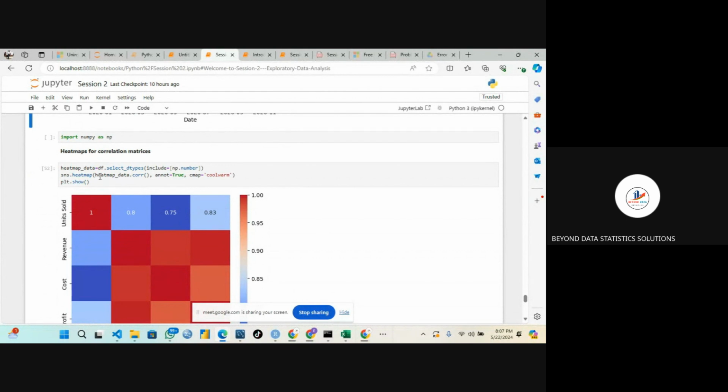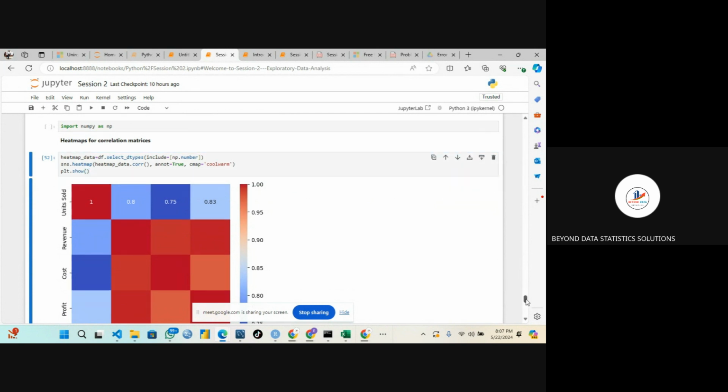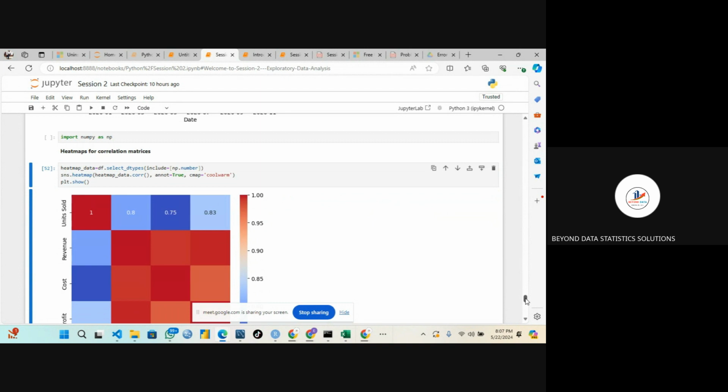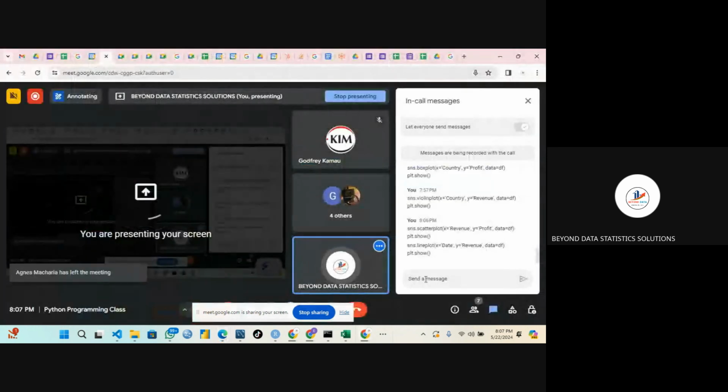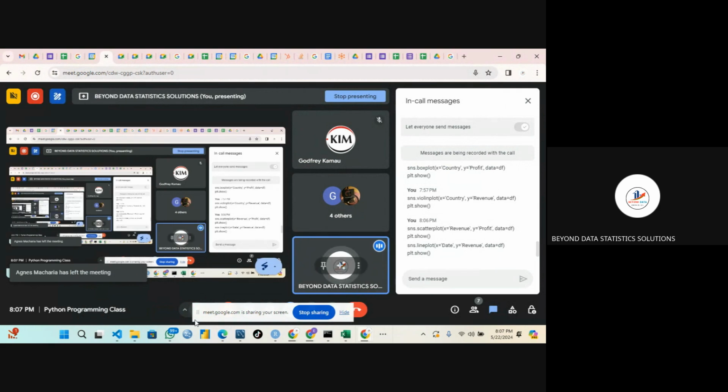So this is a heat map. We already looked at it. This is selecting columns that contain numbers only, numerical columns from the data. And then this one is now plotting the correlation matrix between our data. We said we are using the color scale to be able to make a decision out of our data. You can also look at the values, to help us know the strength of the color, if we cannot interpret the color scale that we have down there. So these things we have already covered. And we proceed